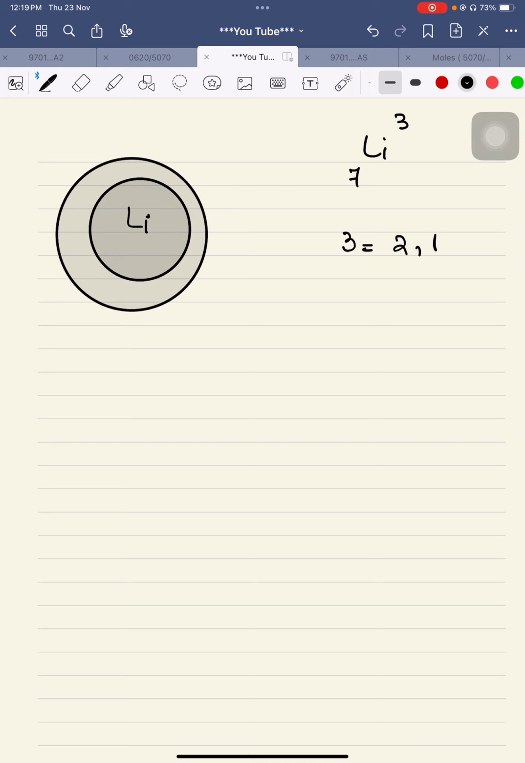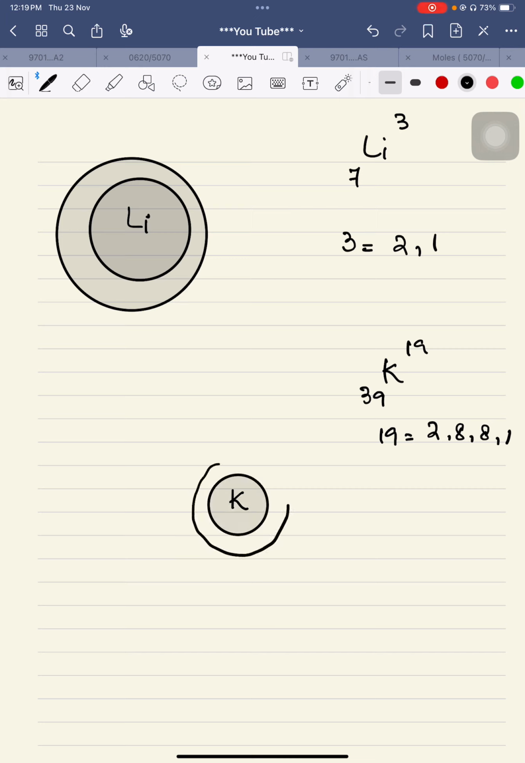All right, now just consider, for example, that this is potassium. Potassium has an atomic number of 19, whereas the mass number is 39. So 19 is equal to 2, 8, 8, 1. So it has 4 electronic shells. It also has 1 electron in the outermost shell, as all the elements of group number 1 will have 1 electron in their outermost shell. All right, so this is the first shell here, and now this is the second shell here, and the third shell will be on the next